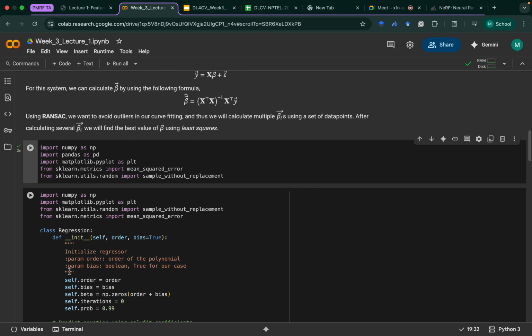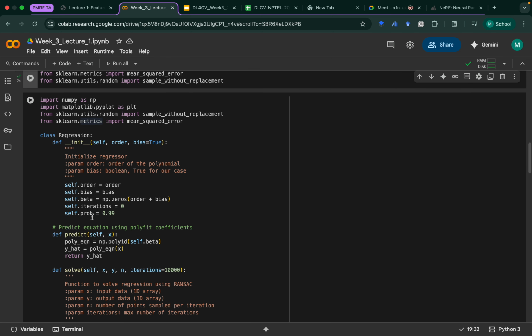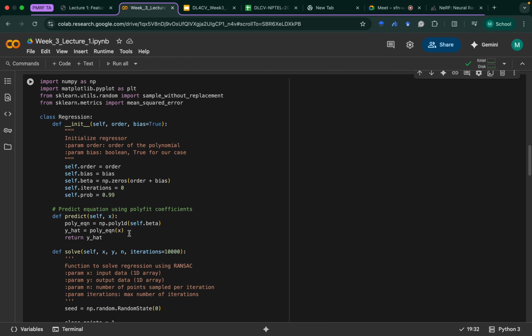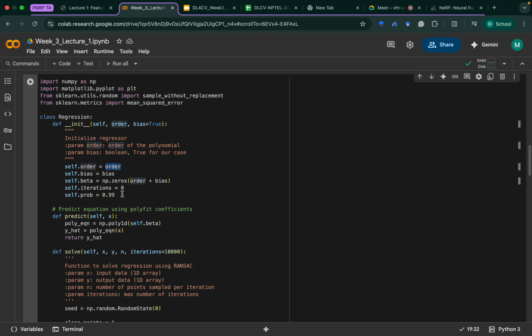So in RANSAC we actually build over this, right? We keep sampling data points, get these beta parameters, then see how many inliers there are and so on. So what we are defining here is a class to solve this RANSAC. One is the order of the polynomial, and